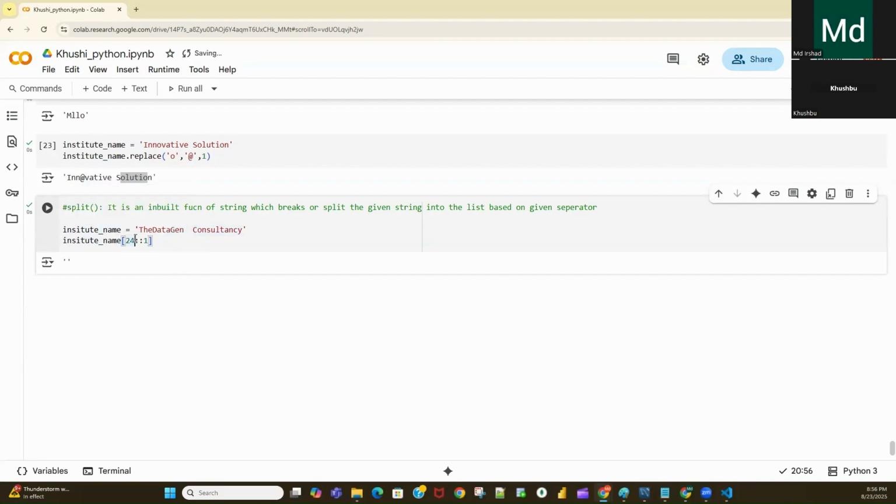So for every data, you don't need to change this code, right? This is your logic. For every data, you can't change this one, right? So we need to find some solution so that my code will work for all the data. For that we can use a split function. So this is the split function, what it will do, it will break or split this string into the list based